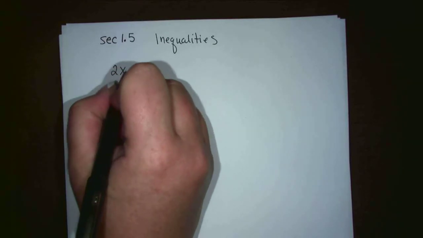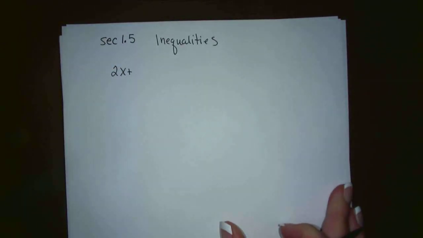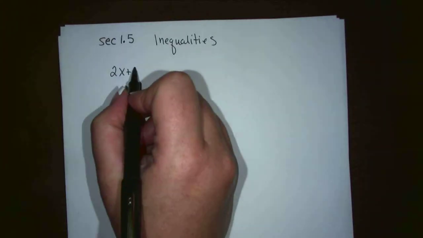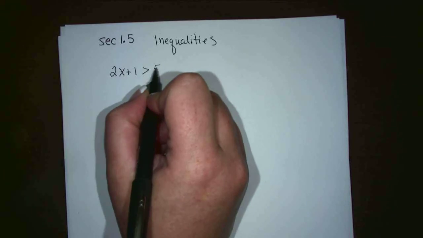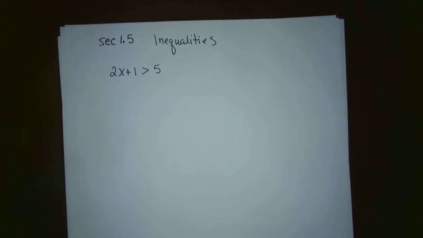We looked at just some inequalities, what they mean if you put "and" or "or" in between them, and graphing them last class. So now what we're going to do is solve some equations